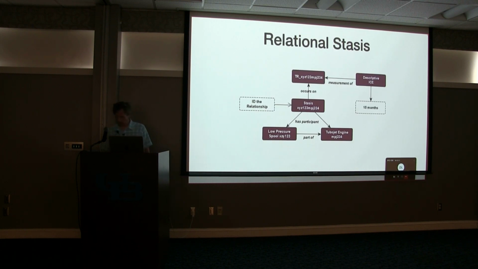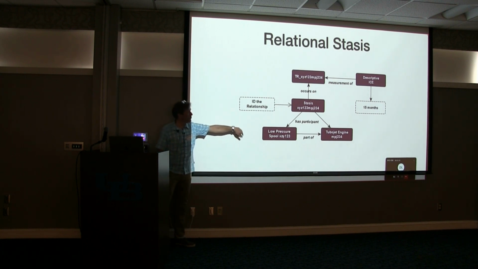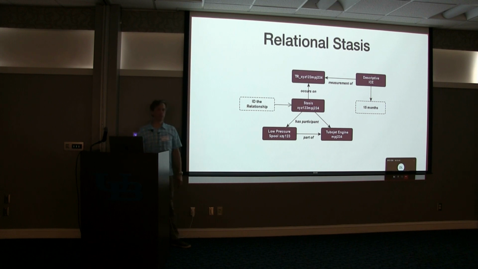And so there's the pattern for that. Spool is part of the turbojet. They're both participating in a stasis, occurs on a region, and we can measure it, 15 months. Now, because these two participants can stand in all kinds of relationships to each other, we need a way of identifying the particular relationship it's a stasis of. And there's two ways to do that. One is to create all kinds of stasis: stasis of parthood, stasis of location, stasis of being about something. Or we can do something else. We can do something more syntactical. We can just